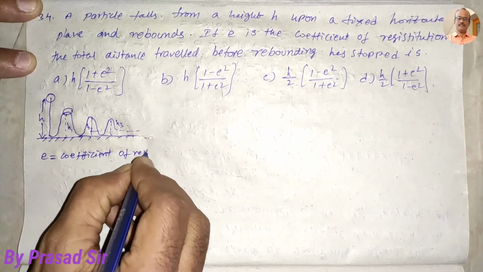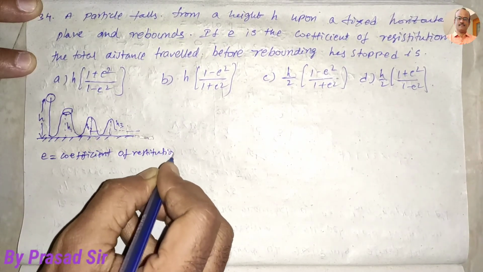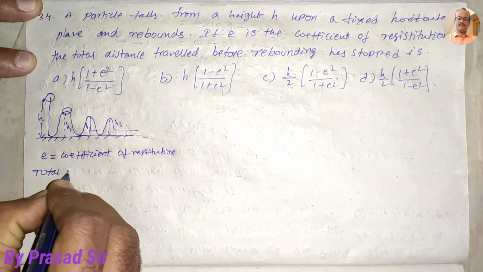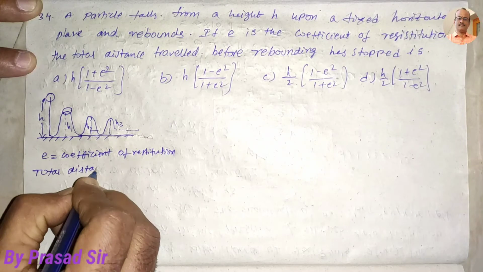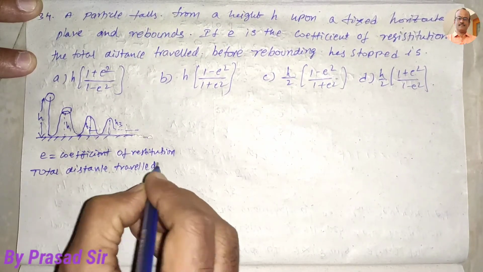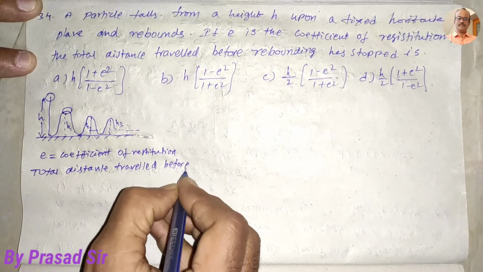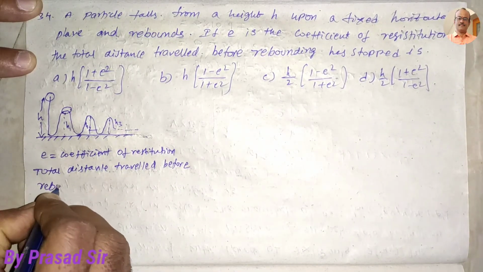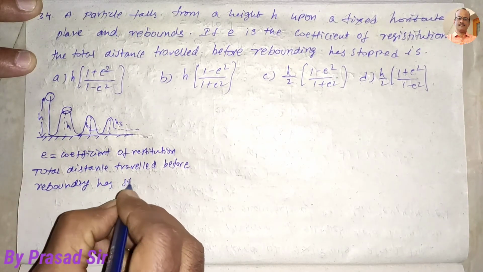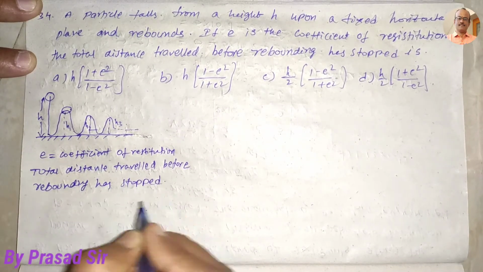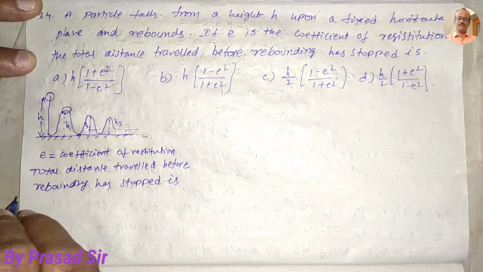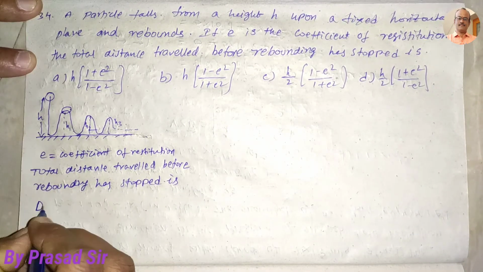coefficient of restitution, and here which one do we want to calculate? Total distance travelled before rebounding has stopped. So total distance travelled, that I will take as d, is